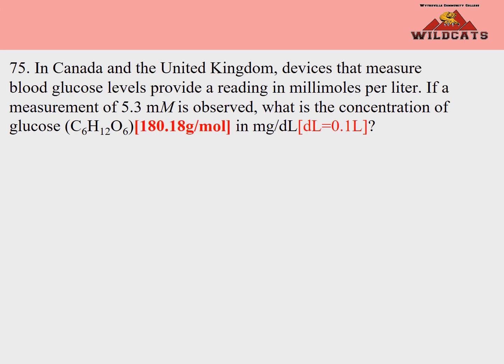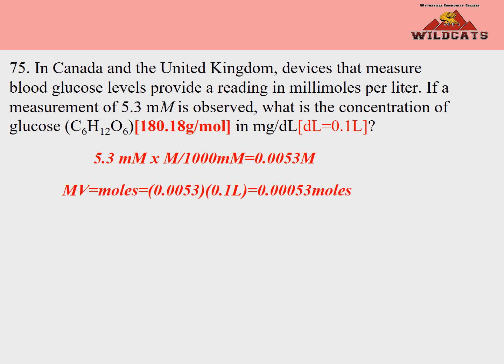In Canada and the United Kingdom, devices that measure blood glucose levels provide a reading in millimoles per liter. So we want to know the concentration of glucose. Again, the molar mass of glucose is 180.18 grams. We've seen that. And milligrams per deciliter. A deciliter is 0.1 liters. So I'm going to take 5.3 millimoles times moles over 1,000 millimoles. So I end up with 0.0053 moles